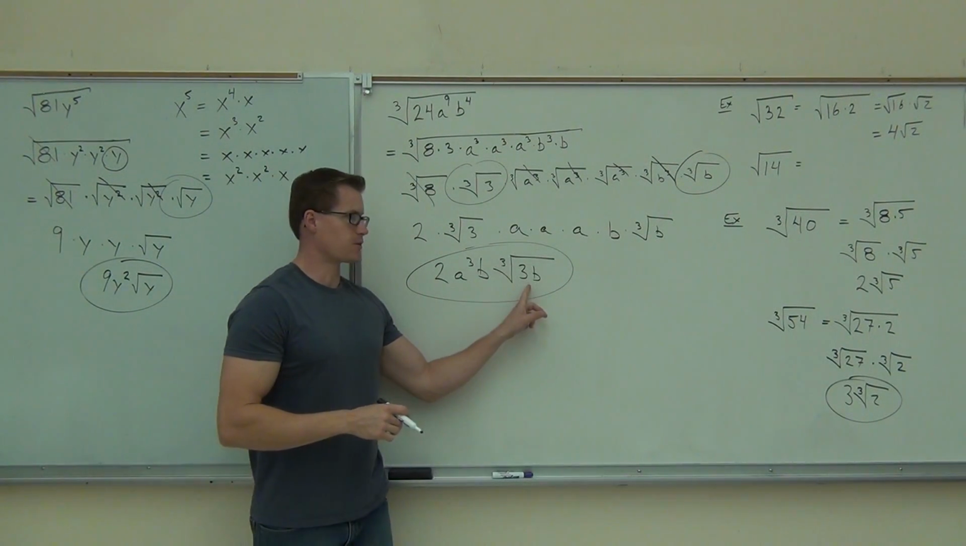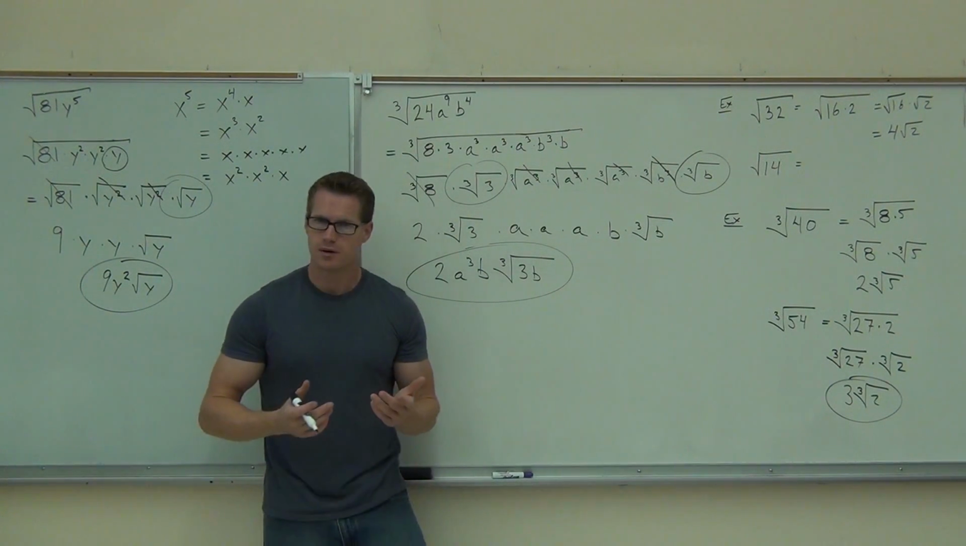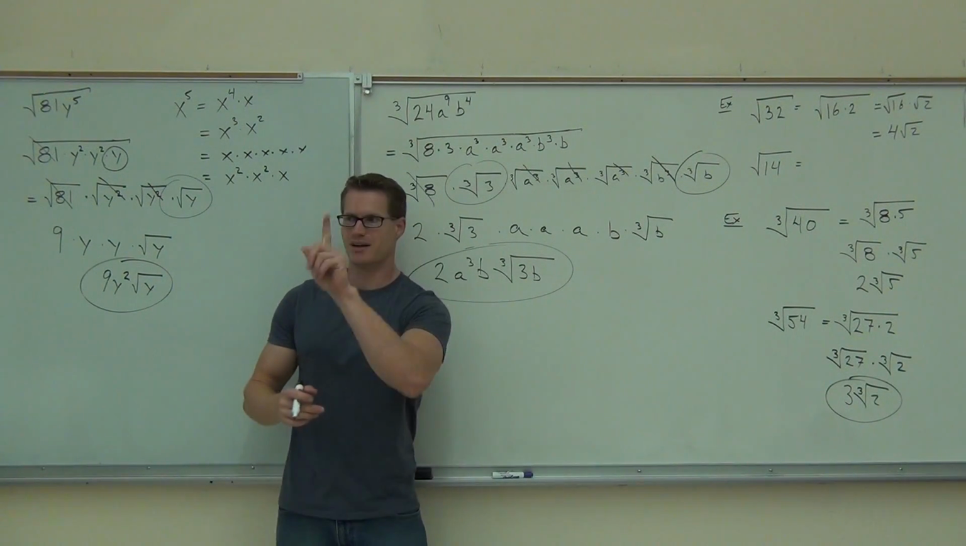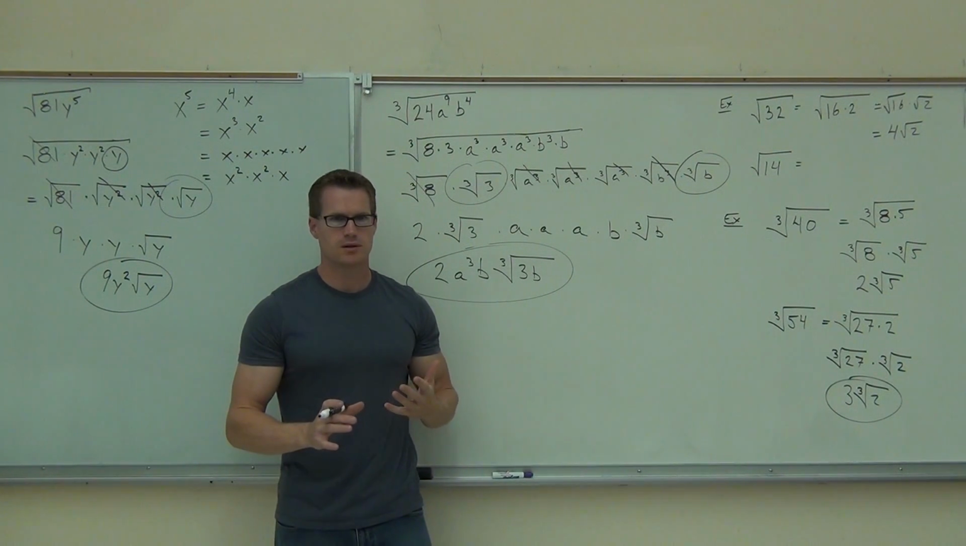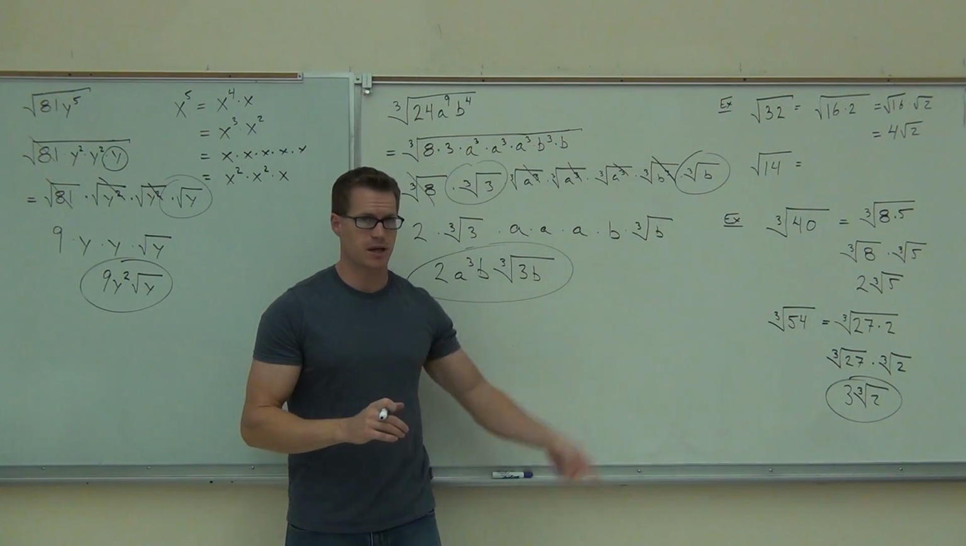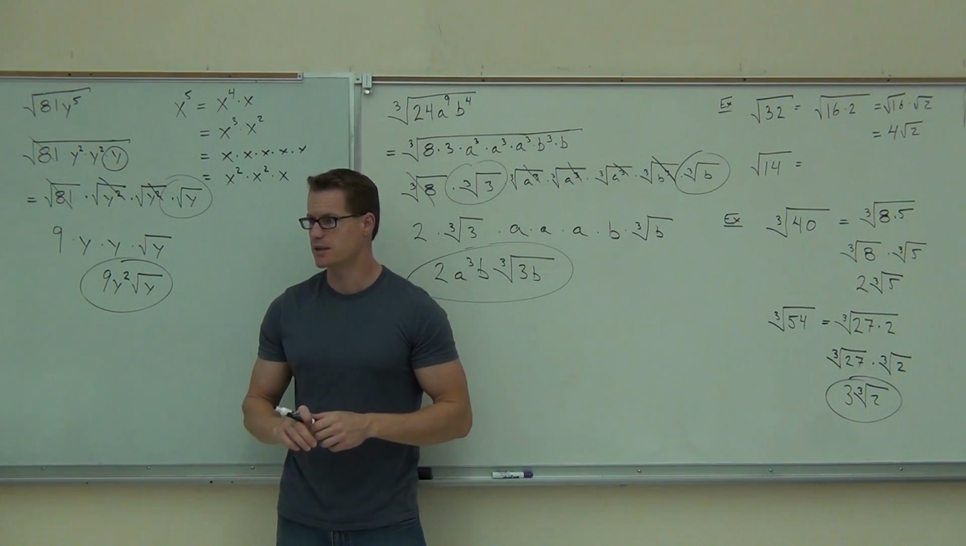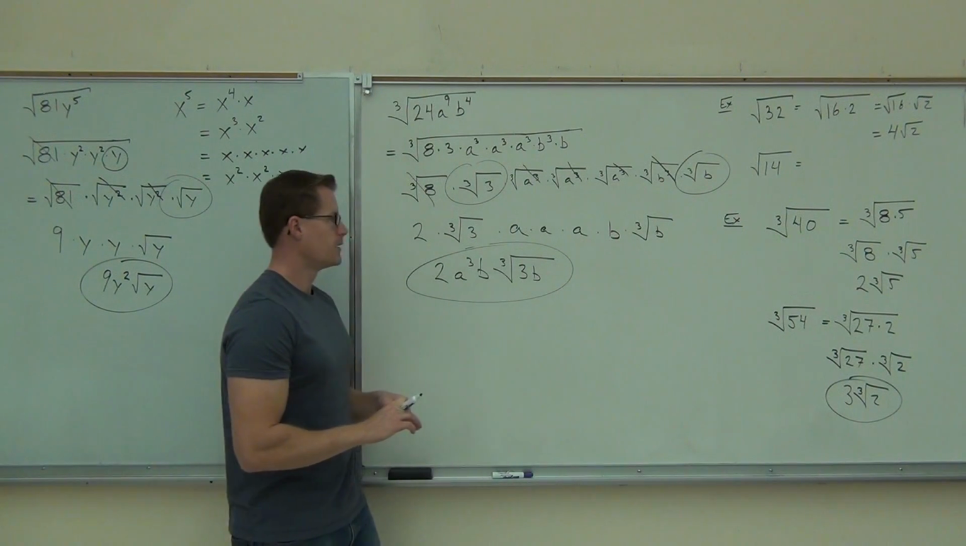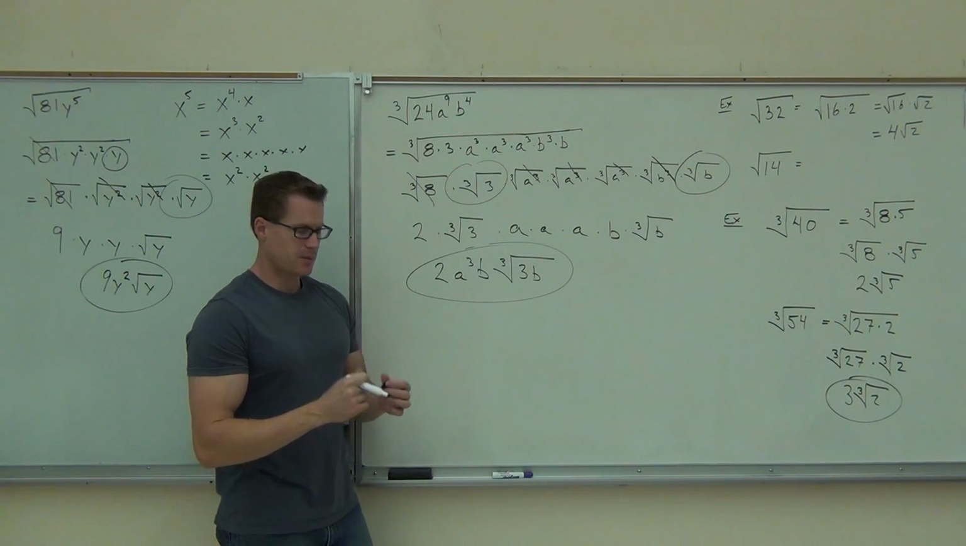You can't simplify 3. Please don't do this. Please don't go, oh, cube root of 3, that's a 1. Okay, we don't do that. The only numbers you can take a cube root of are 1, 8, 27, and 64, and then 125. That's it. How many people feel okay getting from, I'm going to have you raise your hand here,